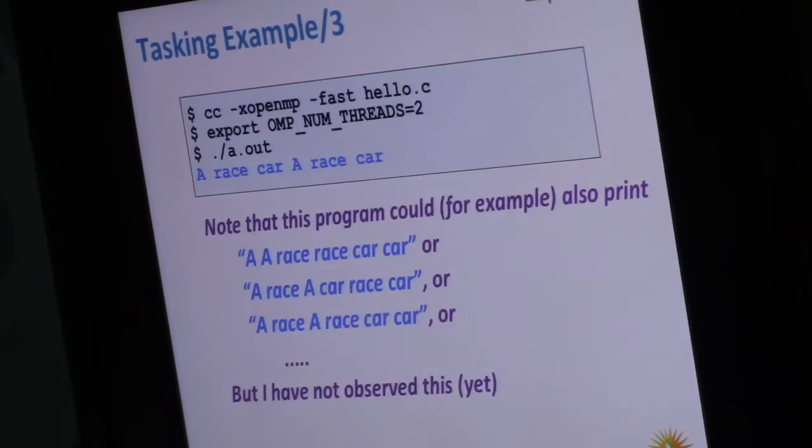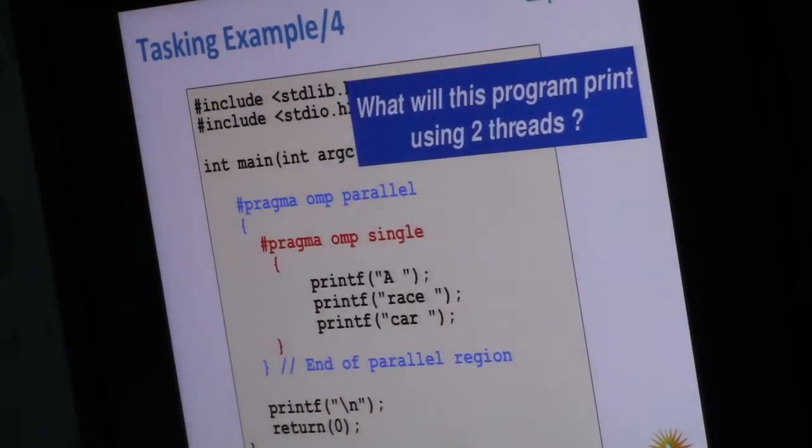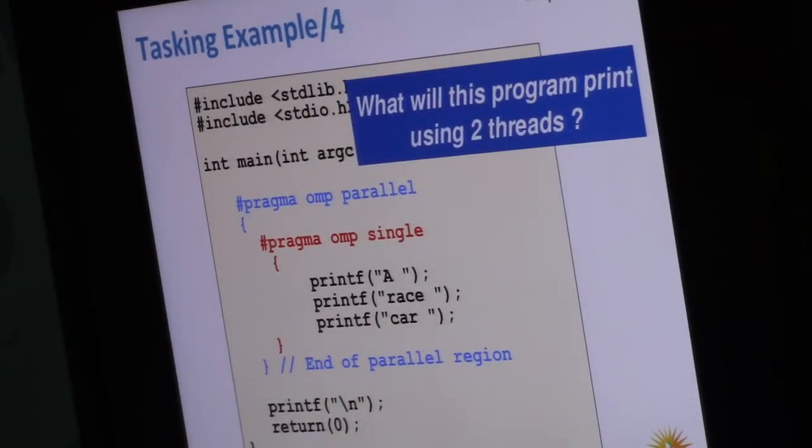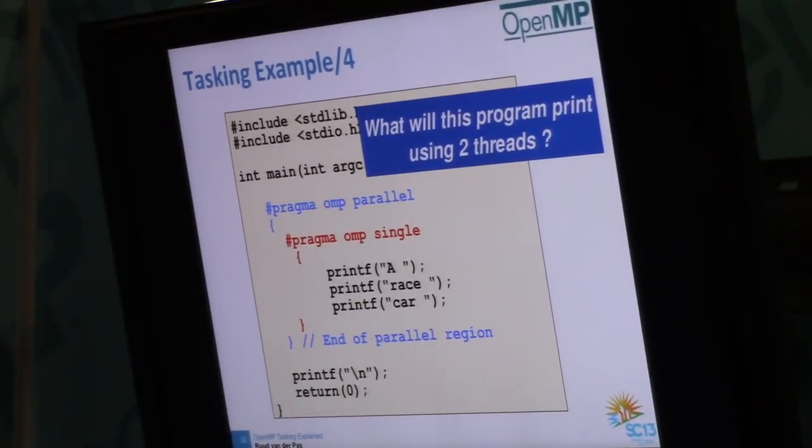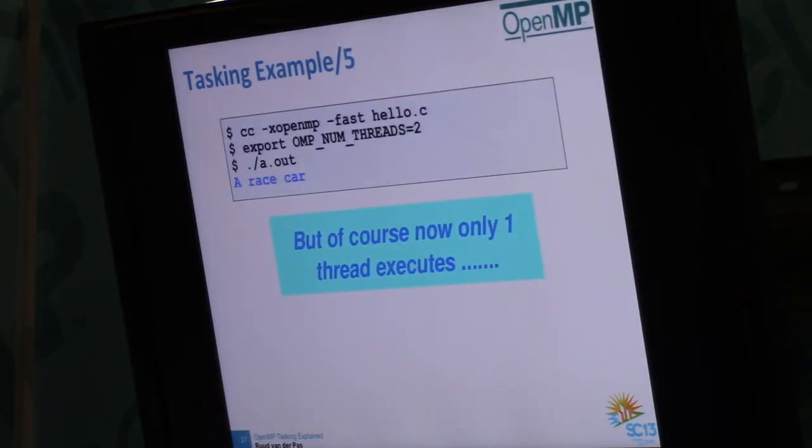All right. But that's not, we don't fulfill the assignment. That was not the question that was being asked. We should still print a race car or a car race. Okay. So theoretically, indeed, you can get all these combinations. All right. Well, we could cheat and put it in a single, and then again, we're back to a race car, but now we don't have parallelism anymore, so that will be rejected by the committee. That doesn't qualify, all right? So you compile and run, and you get a race car, but that's cheating, so yeah.